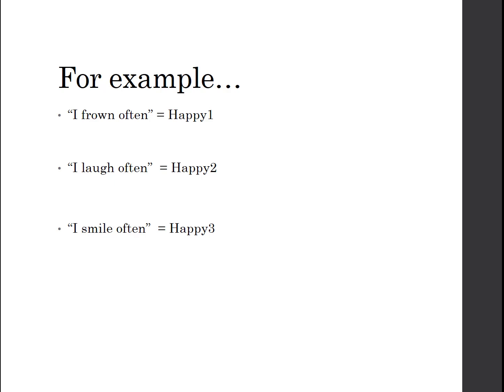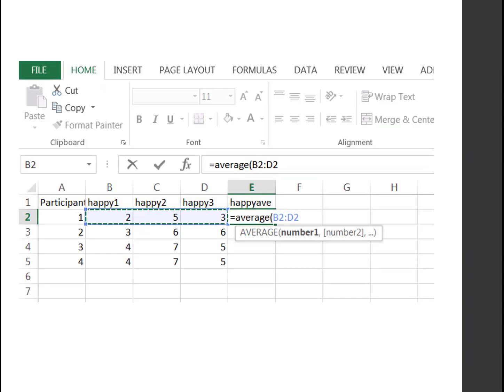Right, so if I wanted to start setting this up into Excel, I have my first column be the participant number, the second column represents responses to the first question on my happiness scale, the third column is for the second question on my happiness scale, and the fourth column is for the third question on my happiness scale. And so once you have your column headers in the first row, you can enter the responses for each participant